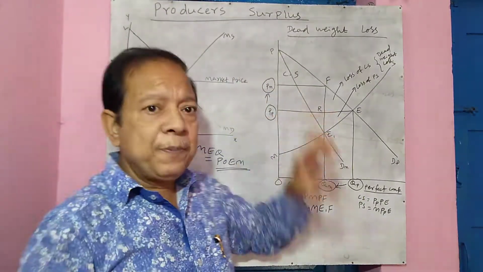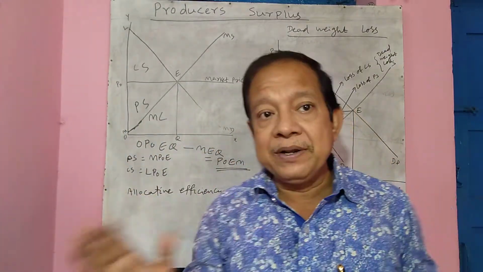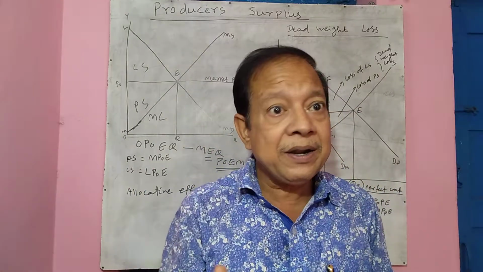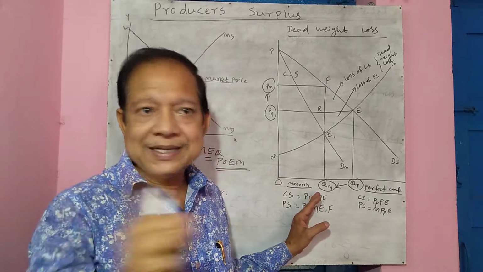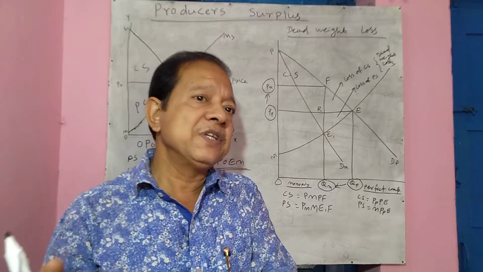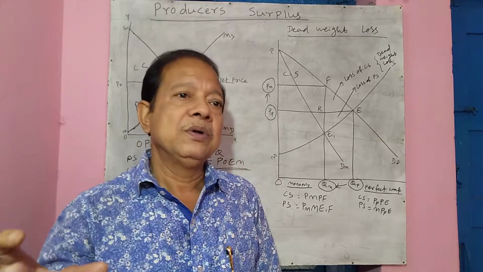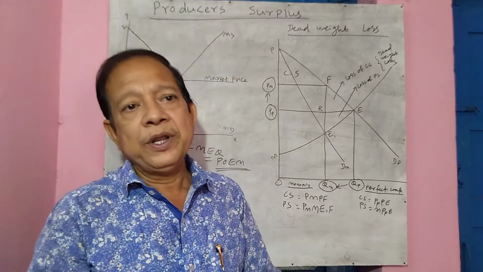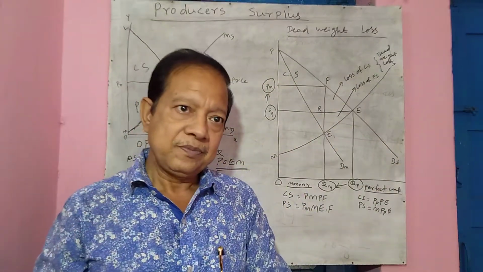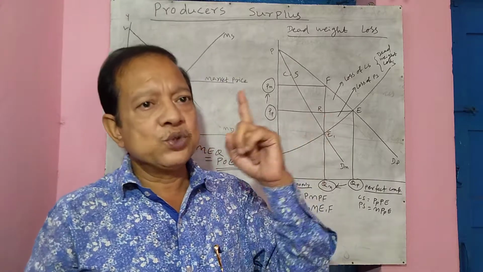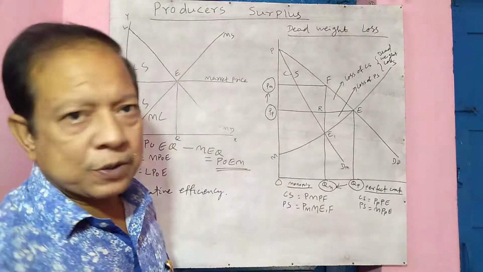Therefore, under perfect competition, allocative efficiency is properly maintained, and the ratio of producer surplus to consumer surplus is maintained. But under monopoly, this ratio is never maintained. Allocative efficiency is never maintained. Rather, under monopoly, the consumer surplus is much less and the producer surplus is much more, because the market structure is such that there is only a single seller. Therefore, he does what he likes, and he enjoys more producer surplus.